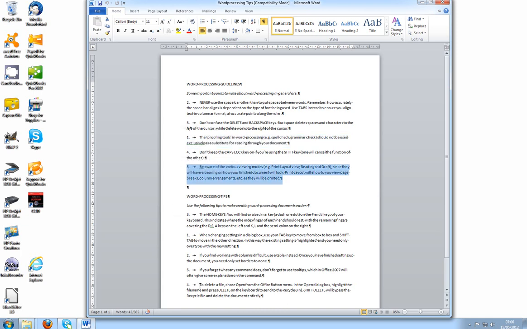So the first thing we're going to do is to rearrange these. And there's basically two ways in which we're going to do that. The first one is to find each individual paragraph and highlight it. To do that, we move the mouse pointer to the left margin, and you can see you've got that little arrow appearing. That allows us to select the whole of that